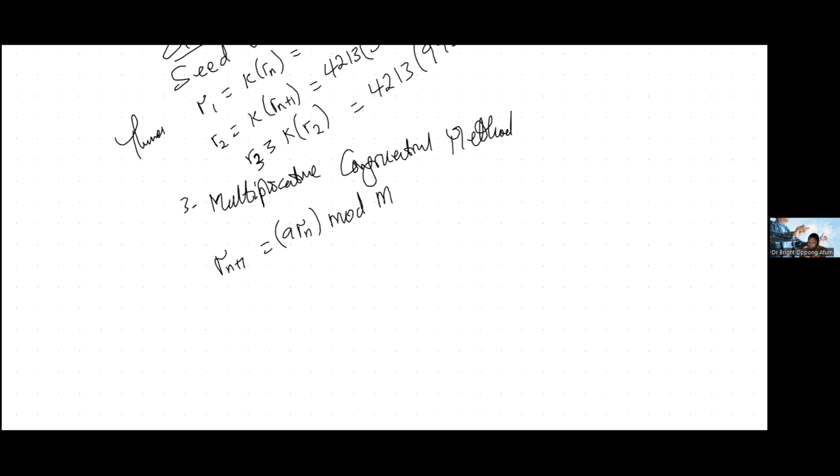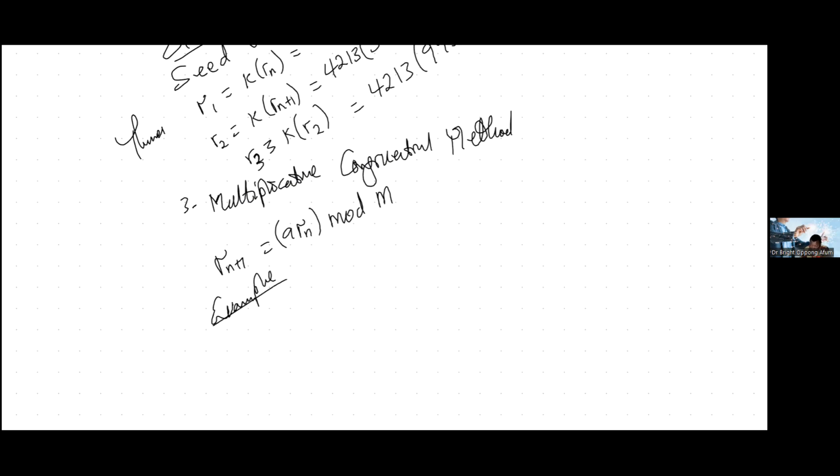So the M is the modular. So you have this expression, right? Let's take an example. We know that A is a constant multiplier, R_n is a seed, and M is the modular. So let's assume that we have an example